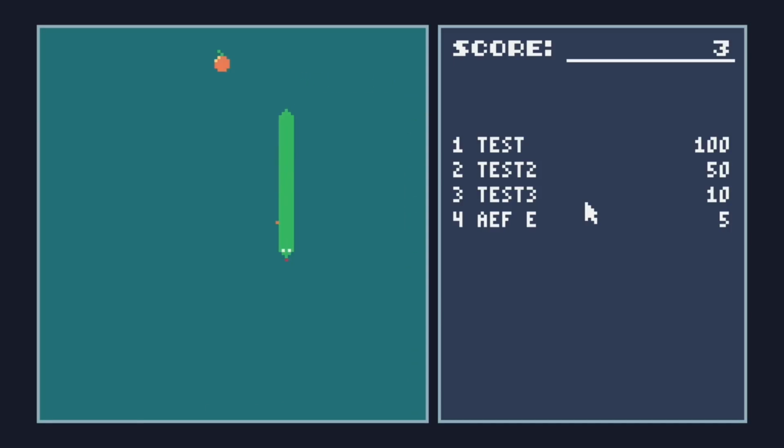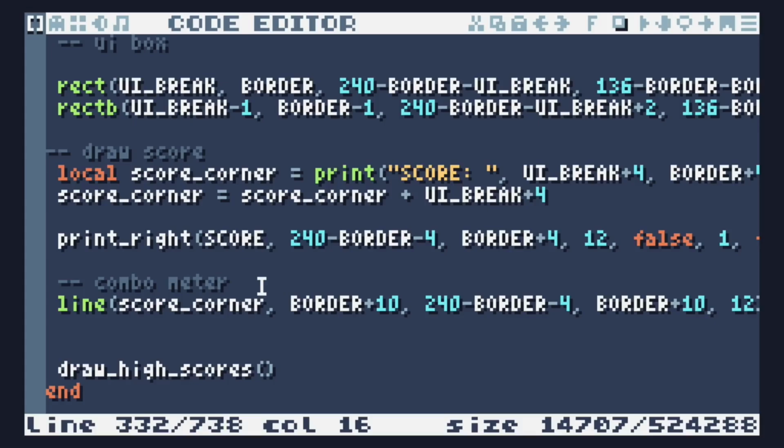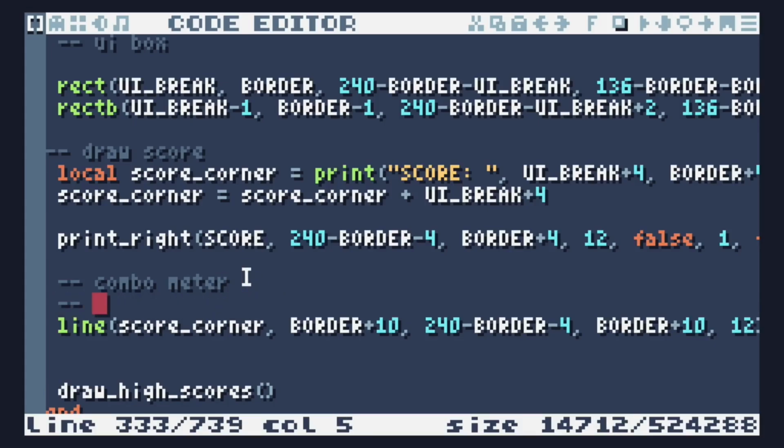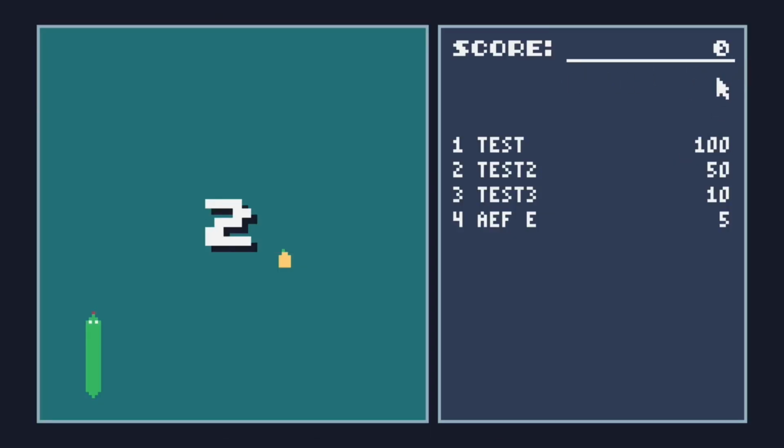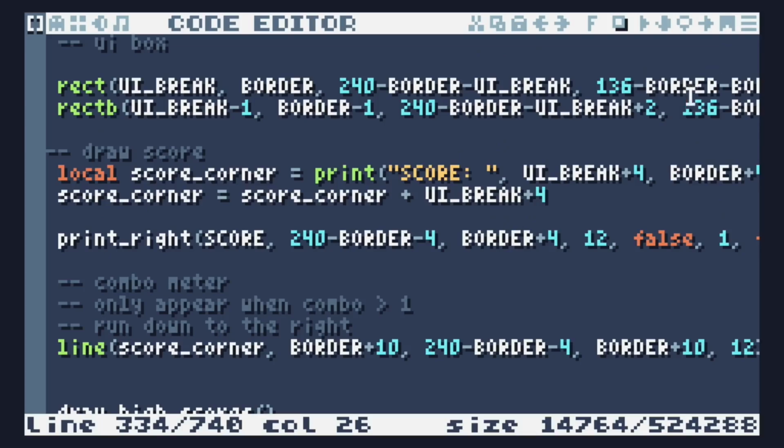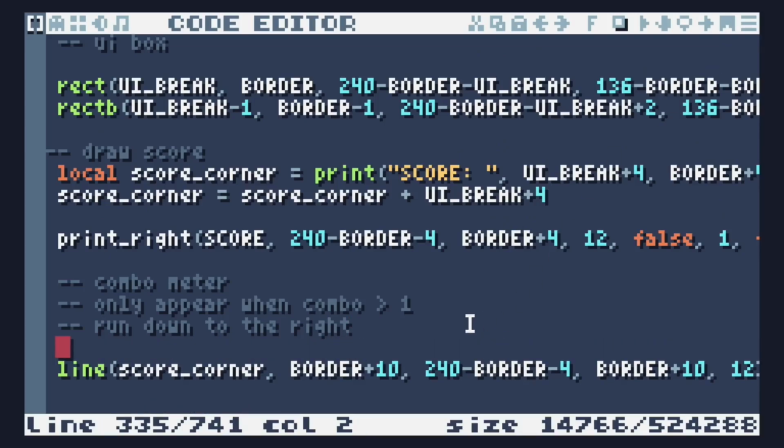Then we need this to only appear when combo is above 1. And then empty out, run down to the right. We can also do, now that I think about it, which will look nicer, is that we do a little block around it and then have the little meter on the inside run out. So instead of this just being a line, let's first do a rectangle,